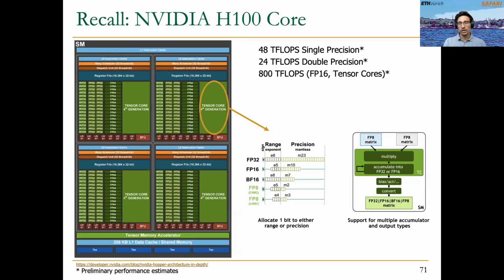This is the core of the NVIDIA A100. In every architecture generation, NVIDIA keeps improving the hardware. In the recently announced H100 architecture, they keep improving the tensor cores. This is the fourth generation of the tensor cores, including new floating point formats. And one question here is, okay, these tensor core units were originally designed to operate with dense matrices, but is it possible to use them to operate on